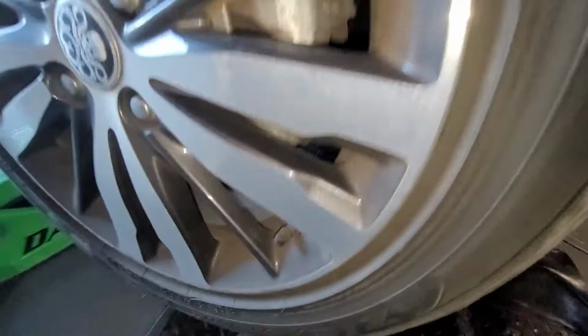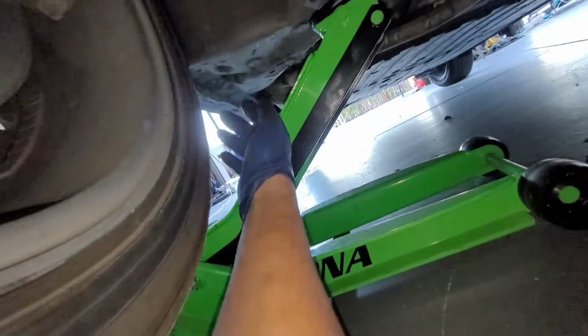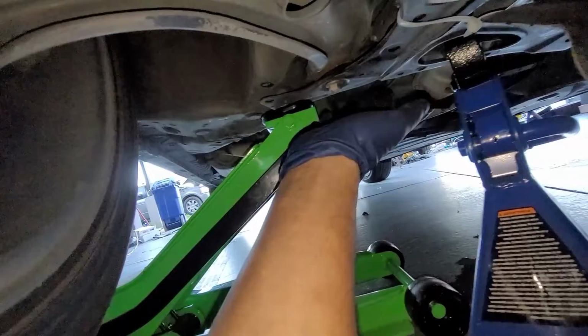All right, so I noticed it's a little bit easier to get from under the vehicle. I jacked up the car from right here on the subframe itself. There's a bolt right here. I mean, you can jack it up from the pinch welds. I don't recommend it. I would recommend to jack it up from the subframe, because that is actually the proper